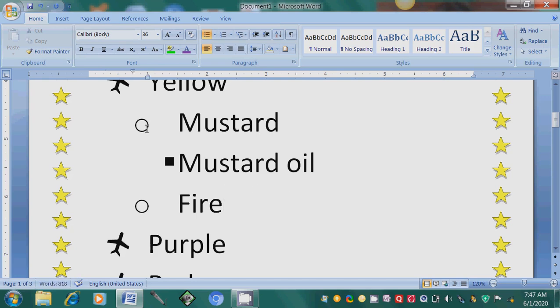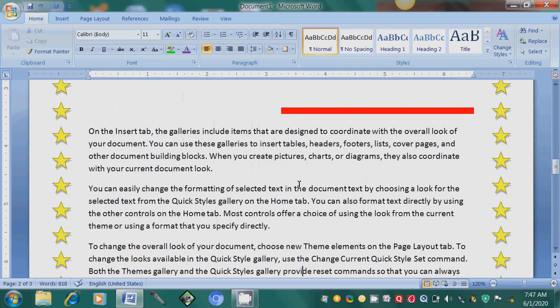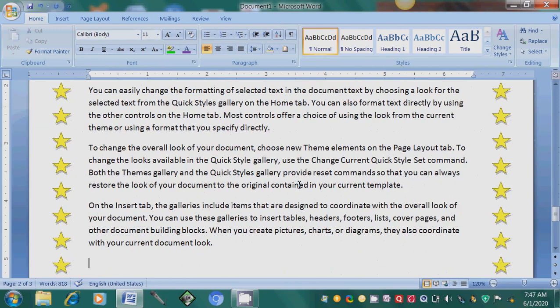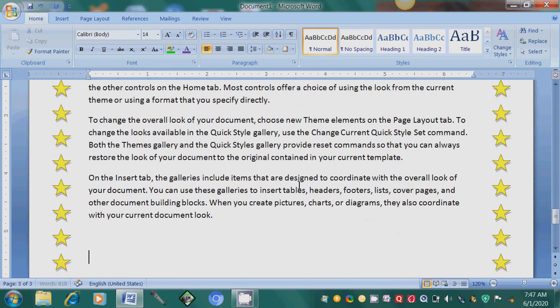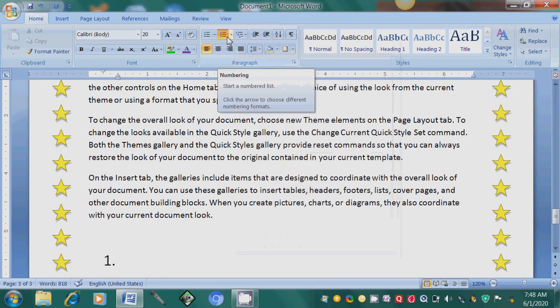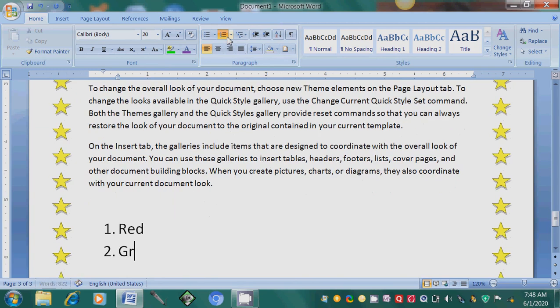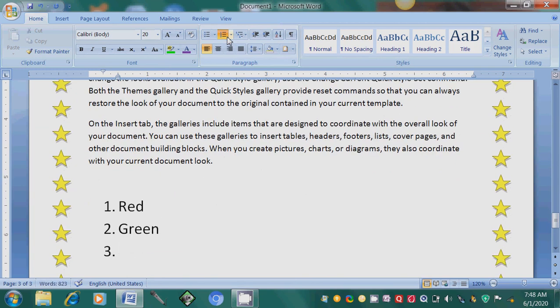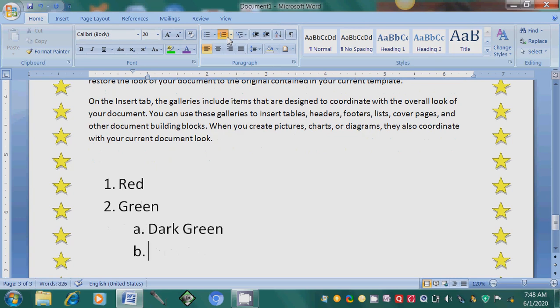Now the same procedure is there in numbering. Now see how. Numbering, you can select here. Numbering 1, you write something here, for example red, enter, green. You can press tab, say dark red, green, light green.